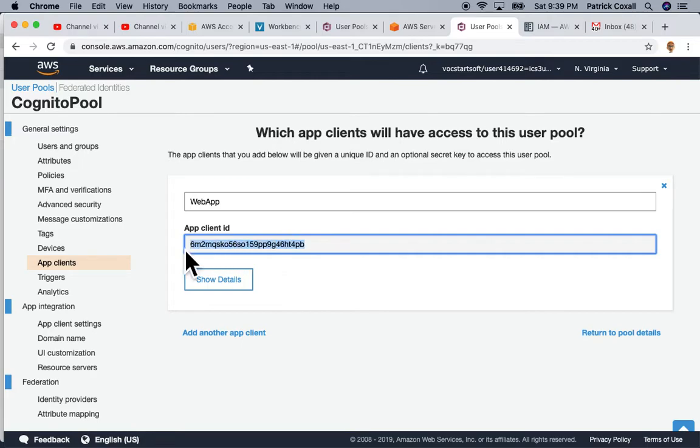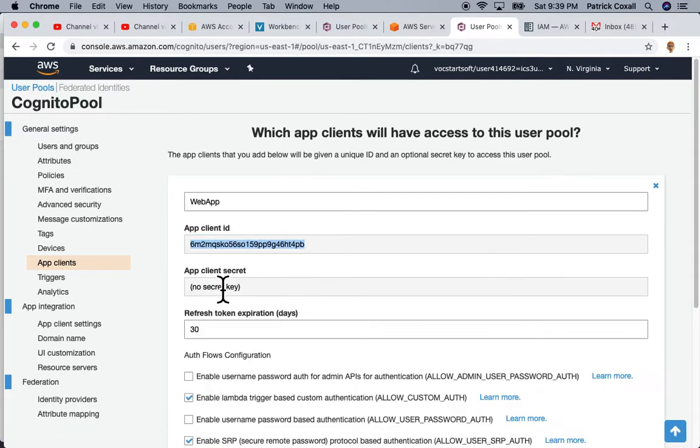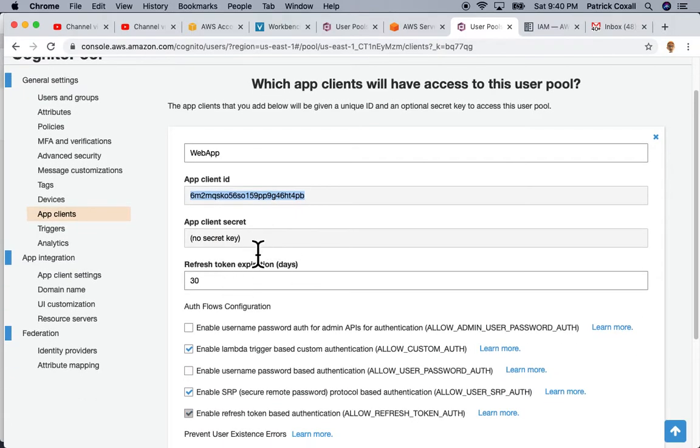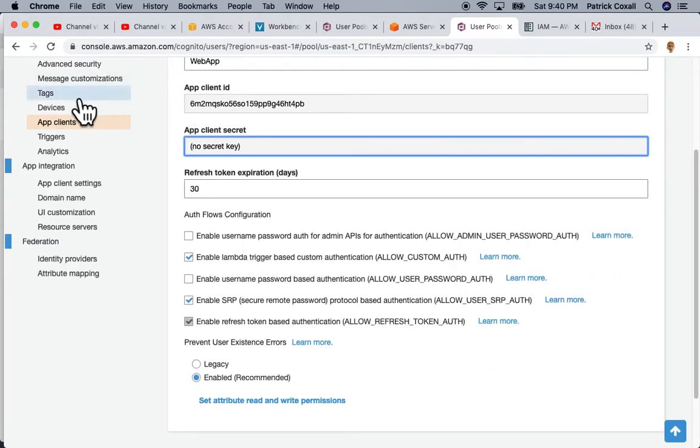This is another particular number that we're going to use later as well. Show details, we're just going to show you that. This has to be set to no secret key. That was the thing we unchecked. If not, it's not going to work for us. We're now going to come down